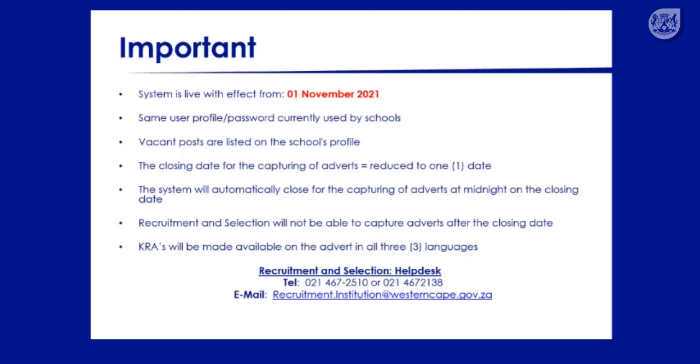And then at the bottom of the slide are the details of the recruitment and selection help desk. So if you're struggling at any point while capturing your adverts, those are the telephone numbers you can contact for support. Alternatively, you can email us at recruitment.institution@westerncape.gov.za, or you can make direct contact with the HR practitioner responsible for your school and district. What we'd also like to request is that while you're navigating the system, you send us any input or feedback that we can look at in order to enhance the system or the functionality further. And that information can also be sent to